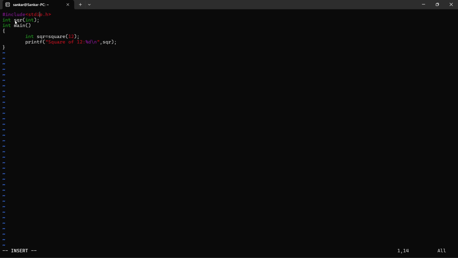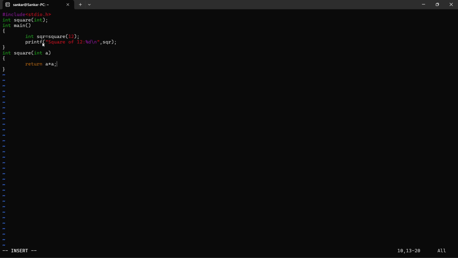Sorry, here I have declared a function known as square, and it is going to get an input of integer data type. So now I'm going to define the function: int square of int a. What it is going to return is a multiplied by a; return a * a;